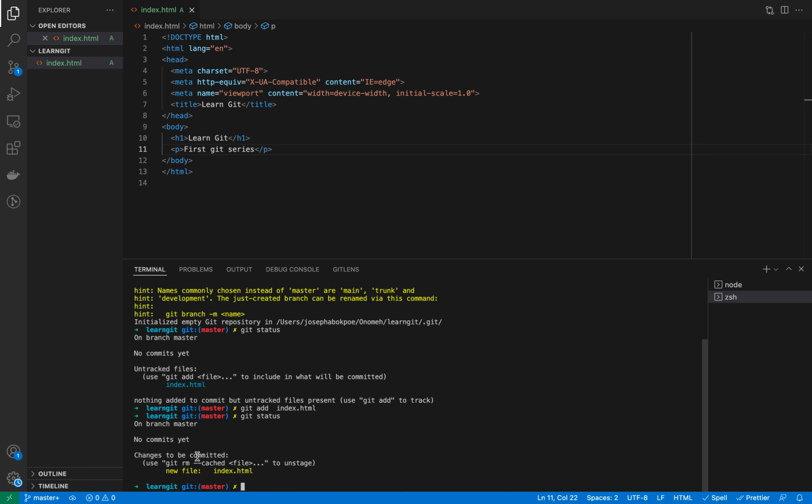Changes to be committed. So we've added, you see now the color here is blue. For this, we've not added it to our repository. For this, it's in our repository. But another thing about Git is that you have to commit it, and committing it, you write a message with the commit. Okay, so you do git commit